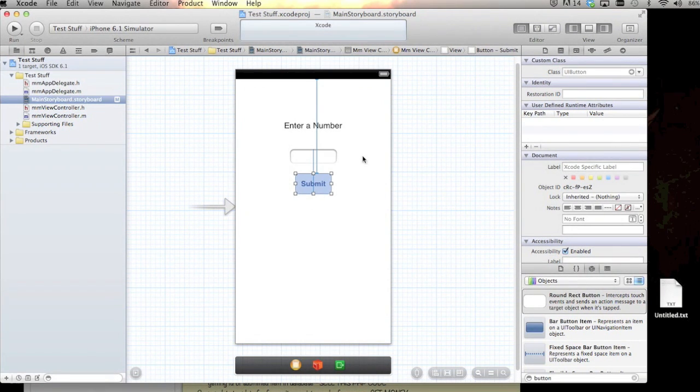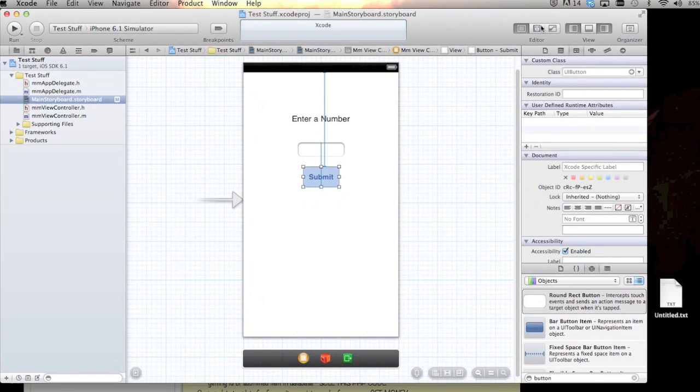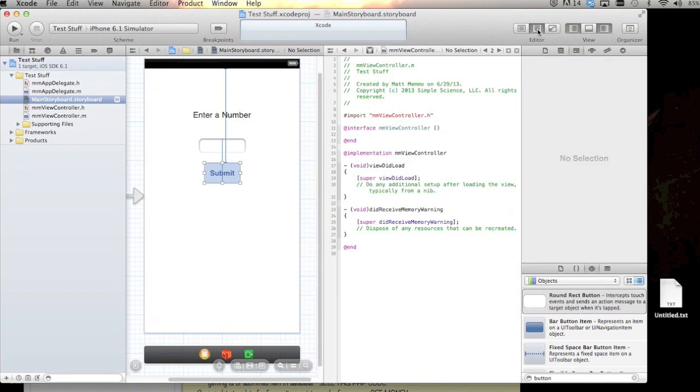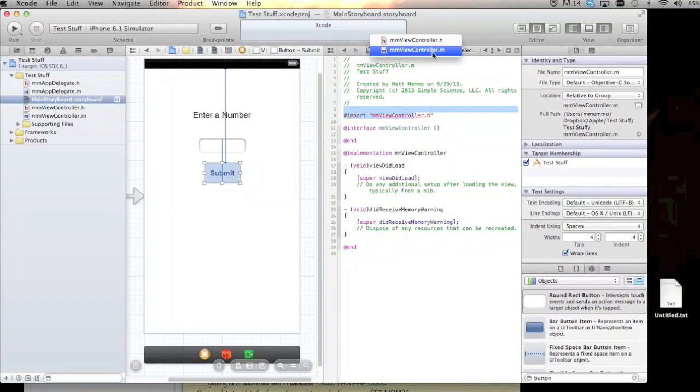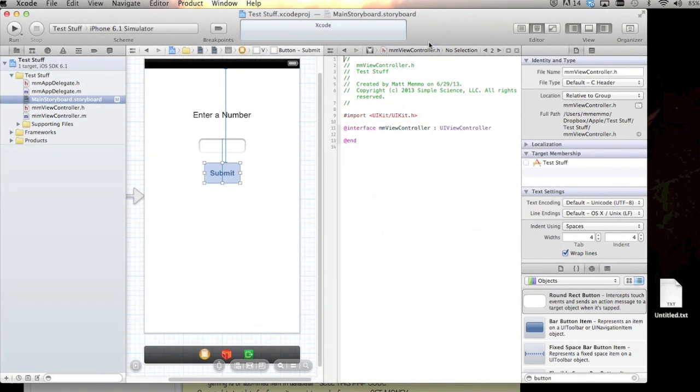Now we need to associate these with our H controller here, our H view controller. So next we're going to click on our assistant editor here, and this should show us our H file, and it does. Actually, no, we want to see the H file. There we go. So we have our H file,